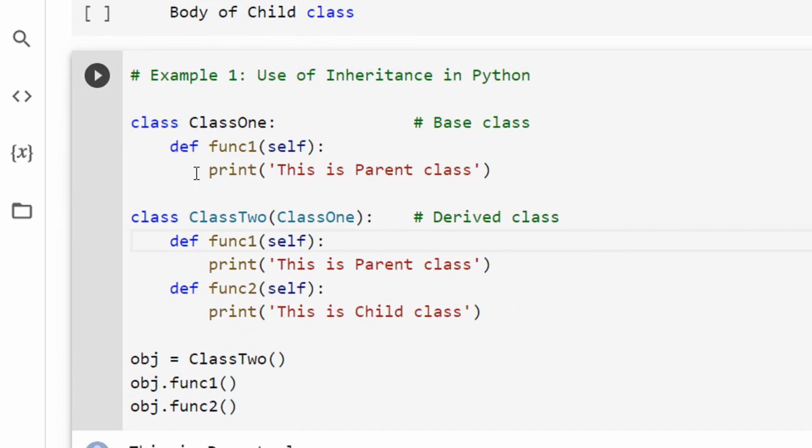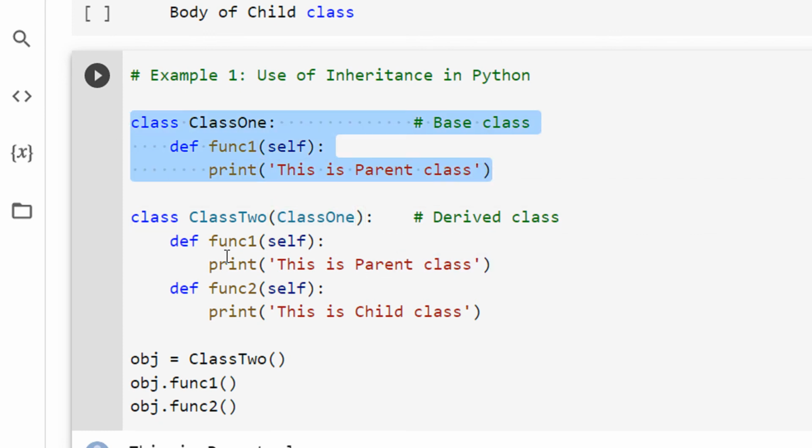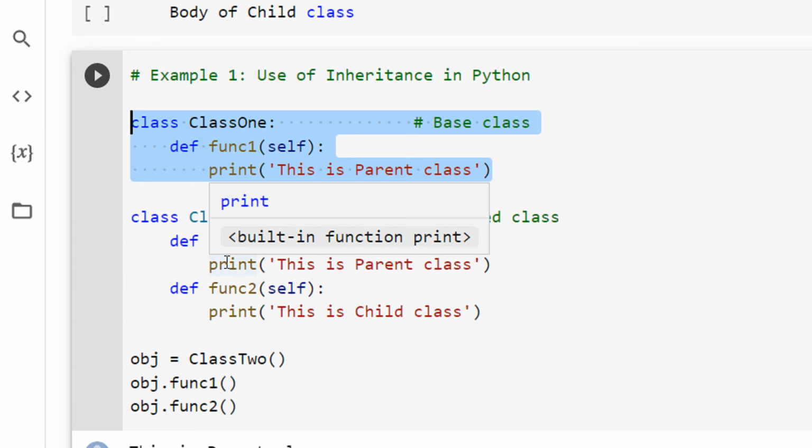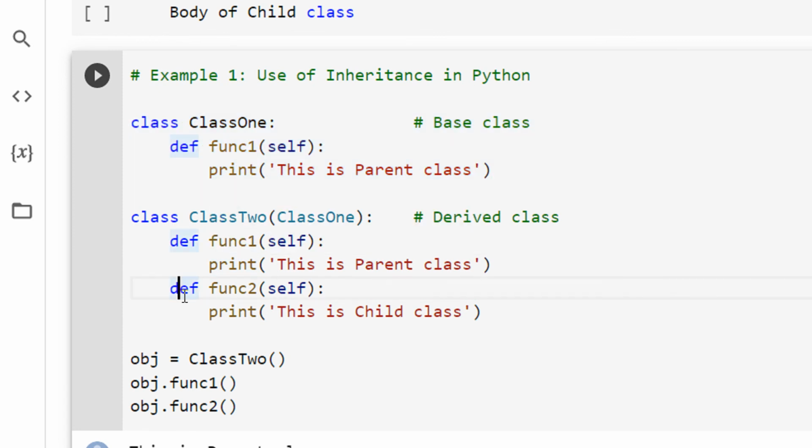It is like copying this line and pasting it here, though it is not a physical paste. So if I had defined 100 functions here, I can access those 100 functions from class 2 also, just like the child inherits the qualities of the parent.